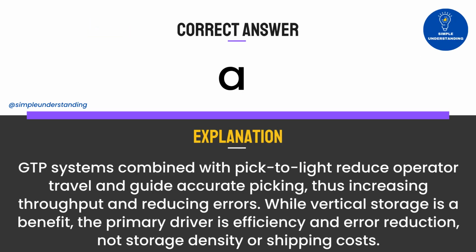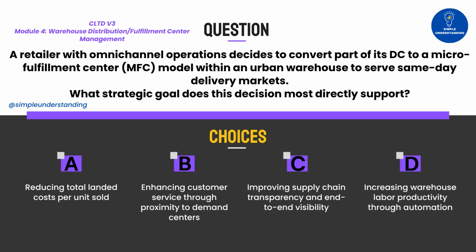Correct answer: A. Explanation: GTP systems combined with pick-to-light reduce operator travel and guide accurate picking, thus increasing throughput and reducing errors. While vertical storage is a benefit, the primary driver is efficiency and error reduction, not storage density or shipping costs. Question 6. A retailer with omni-channel operations decides to convert part of its DC to a micro-fulfillment center,